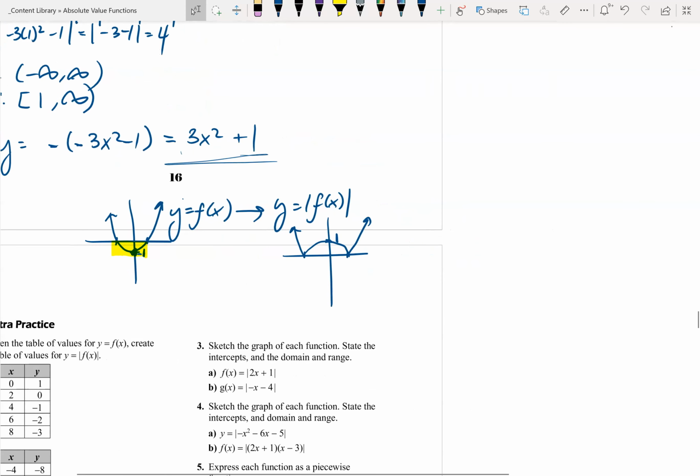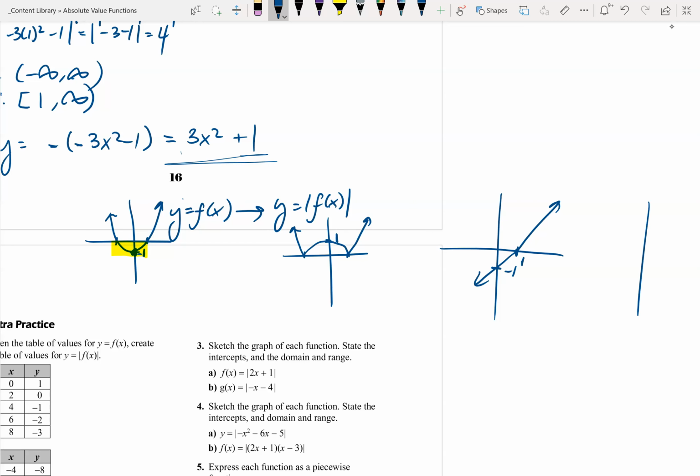Here's another quick example. Let's just say instead I had a linear graph that looks like this. If I want to find the absolute value of f of x for that graph, anything above the x-axis stays the same. So this arm is still the same. And instead of the left-hand side of x equals 1 going down, it's going to go back up. I'm going to have a point at 1. So this portion of my arm is going to reflect back up above the x-axis. And that would